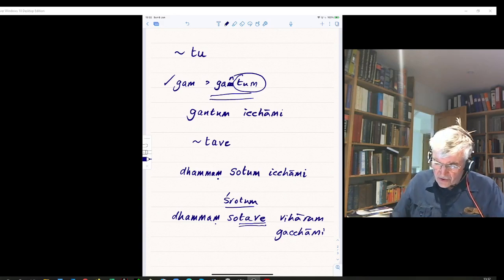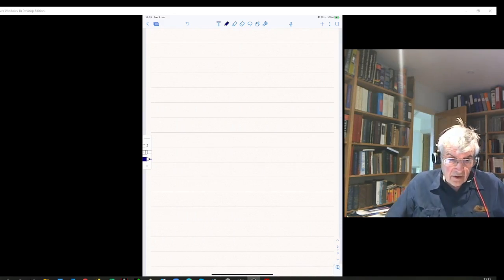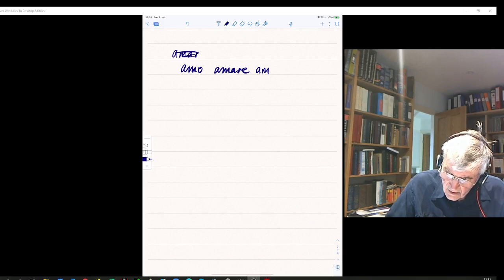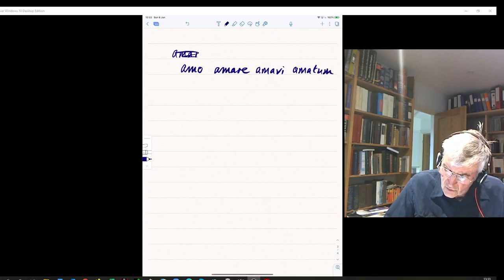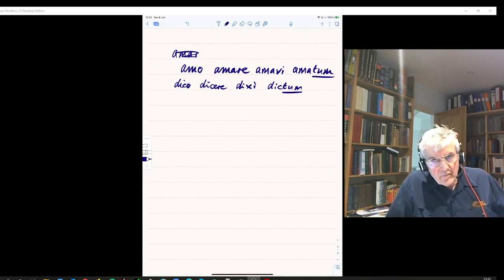And for those of you who are interested in a little bit more etymology, those of you who know Latin, by the way, will recognize this tum form. So long ago you learnt the principal parts. So amo, amare, amavi, amatum. So tum, you see, and dico, dicere, dixi, dictum. So this tum in Latin is a very precise reflection of what we see in the Pali, and it's